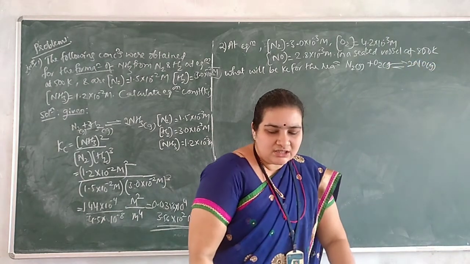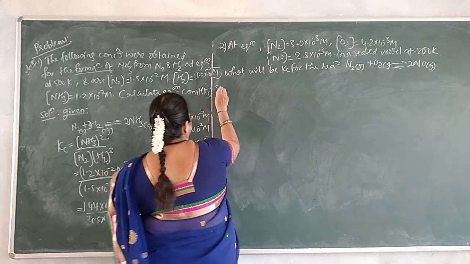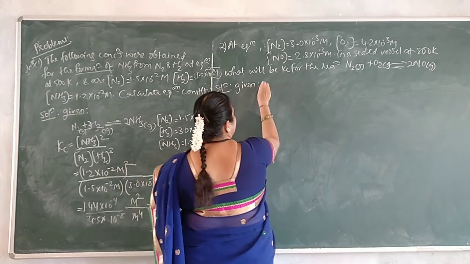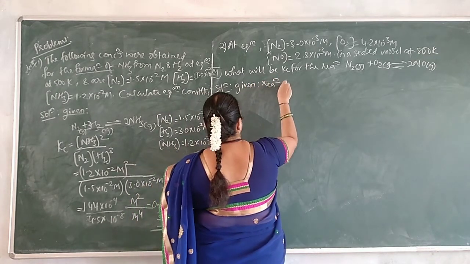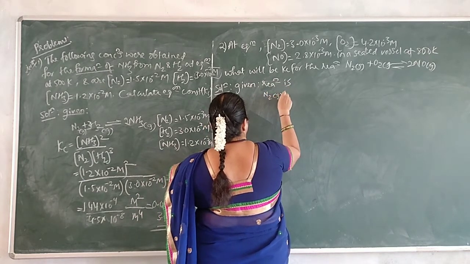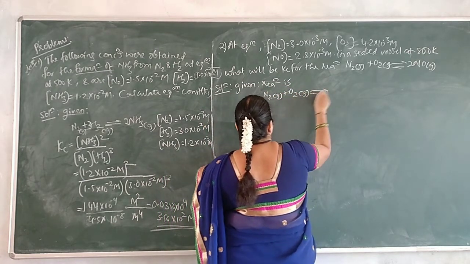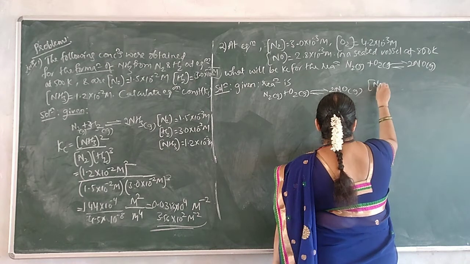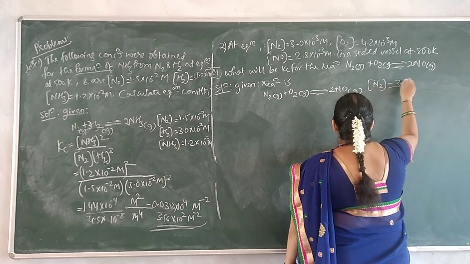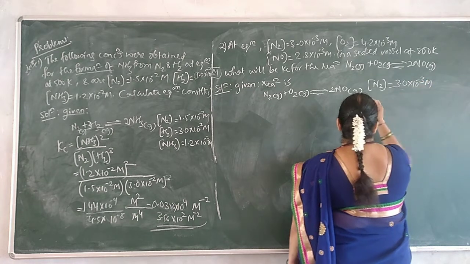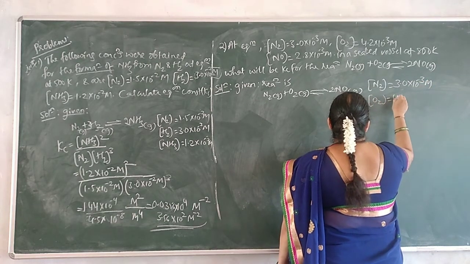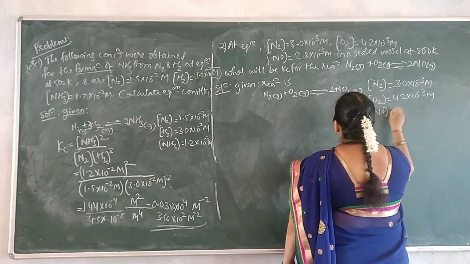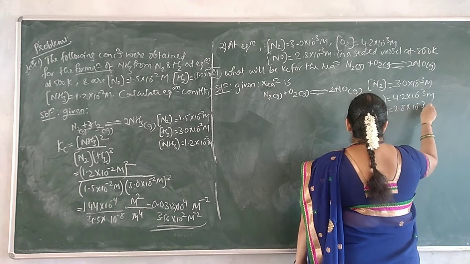Okay. So for the solving of the problem, solution, first write the given things that are given in the problem, just to note down. Reaction is N2 gaseous plus O2 gaseous reversibly giving rise to 2NO gaseous. In that concentrations are being given. N2 is equal to 3.0 into 10 raised to minus 3 M. O2 is equal to 4.2 into 10 raised to minus 3 M. NO is equal to 2.8 into 10 raised to minus 3 M.